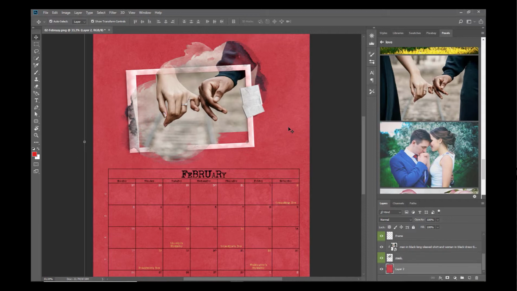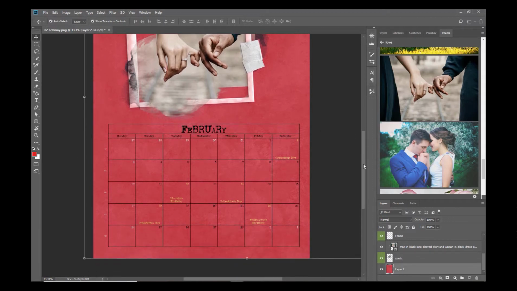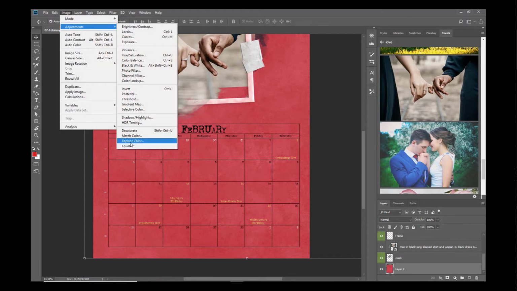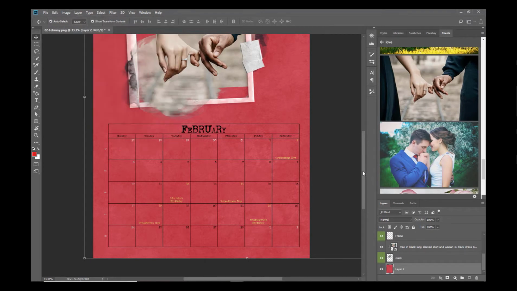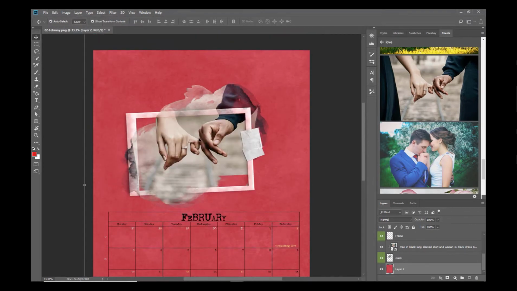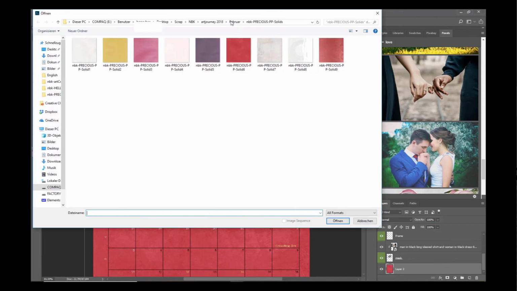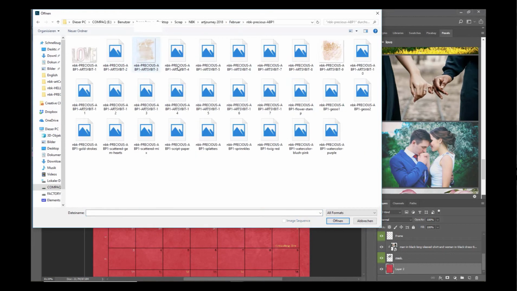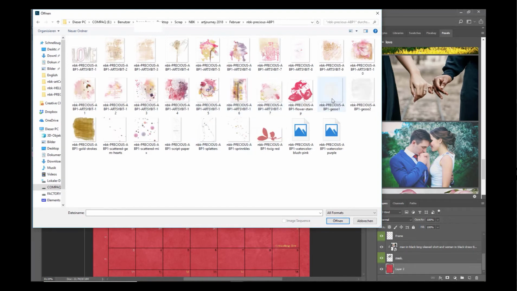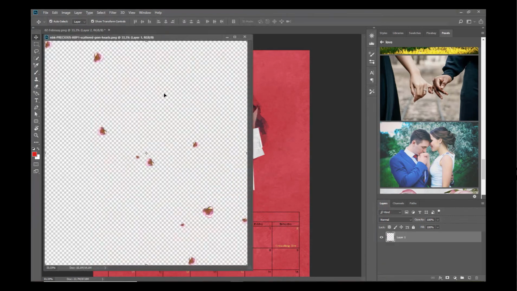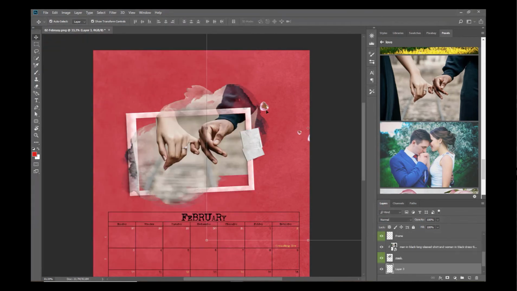And now you can go on and decorate your sheet. We changed the color, this time with another way, with image adjustment and replace color. And this time I used a photo, and now you can go on and add more elements if you want. So I will do this now, and you can see my final calendar sheet